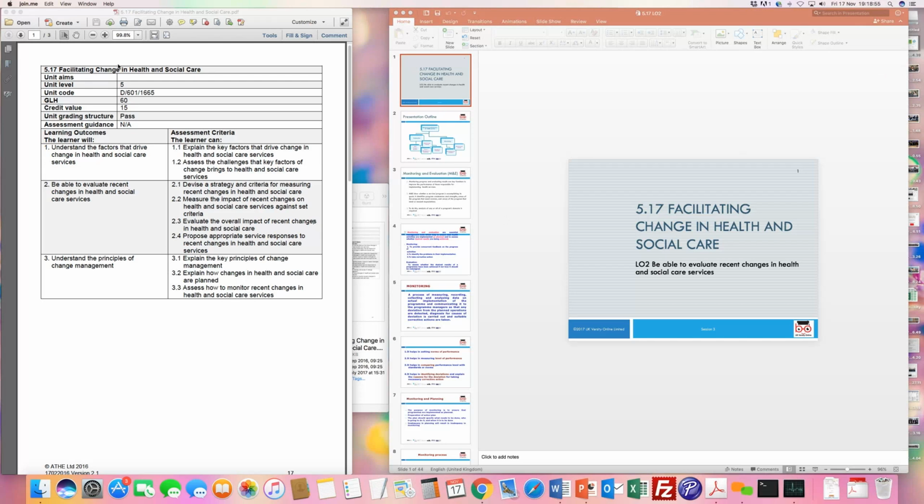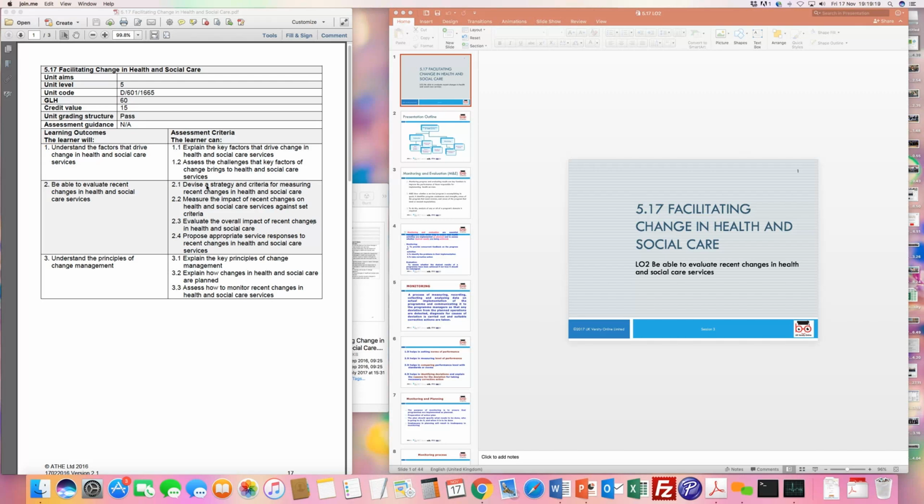Now, there are two things that you're able to see on my screen. One is obviously I've opened up the spec sheet that we'll be following, as you know, when we do the coverage of the unit. So what we're going to do is basically start off with Learning Outcome 2, and I've sent you an email with the slides for the presentation, and also a small handout,